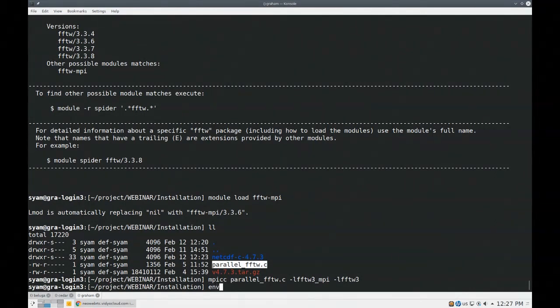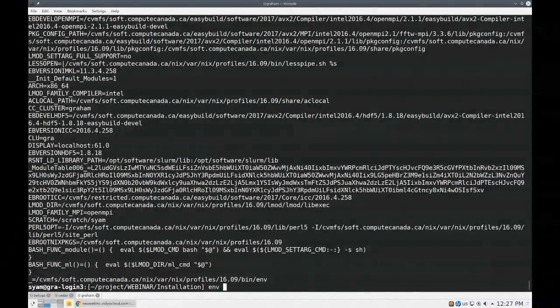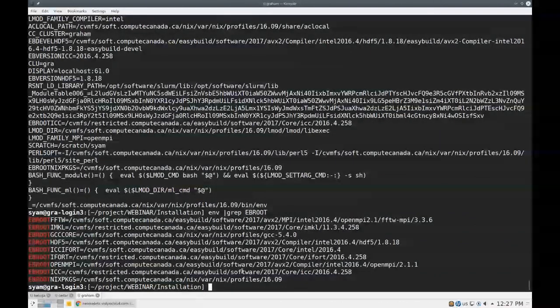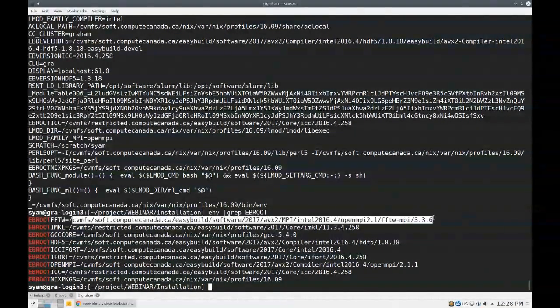How? So there is a command environment. It lists all the environment variables. This can be a very long list. We're going to grep to see only the ones starting with EBROOT. I'll show you in a second. I'll tell you why. Basically, every time you load a module on our systems, it creates a new environment variable which always starts with EBROOT and then contains the name of the module. So for example, the FFTW variable is EBROOTFFTW, and it contains the path to the top level directory containing